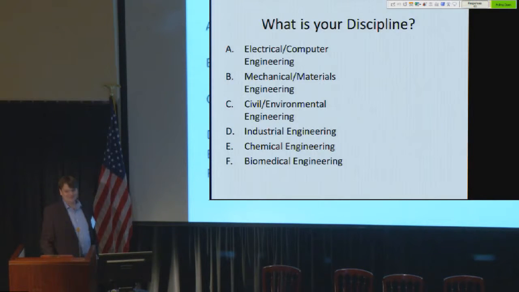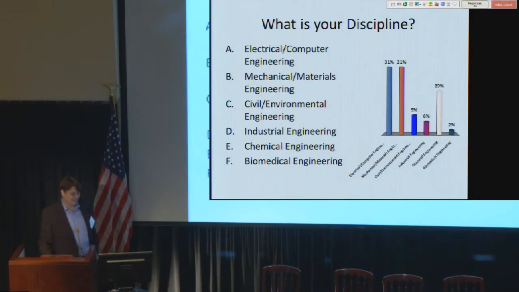Okay, 5, 4, 3, 2, 1. So we have a broad range of people. We've got about a third electrical and computer engineers, a third mechanical, but a wide range of different disciplines. Now take this same graph and add a bunch of additional categories. Within our groups, we had art majors, music majors, philosophy majors, people from departments that aren't traditionally engineering or even traditionally science.